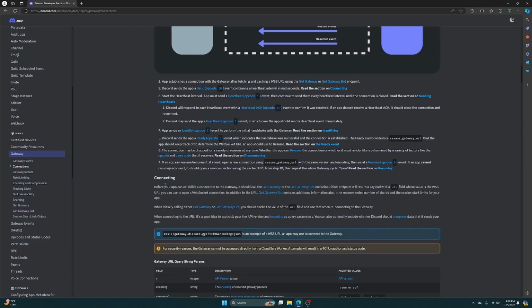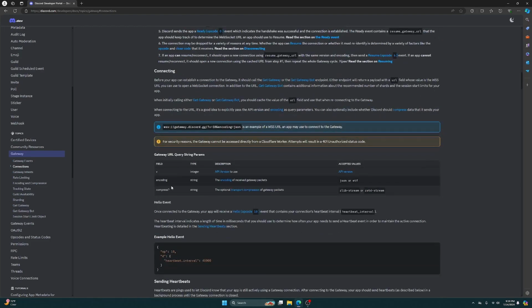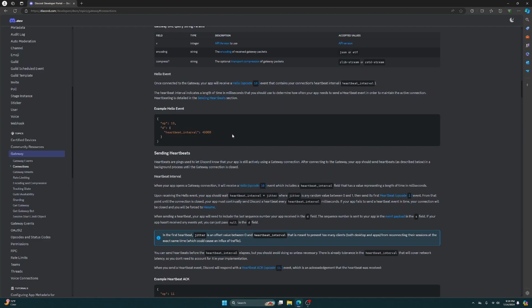The way you start the heartbeat interval is that Discord sends back JSON information as well, called gateway packets. For example, the hello event here, opcode 10, sends the heartbeat interval, which is the number of milliseconds an app should wait before sending a heartbeat